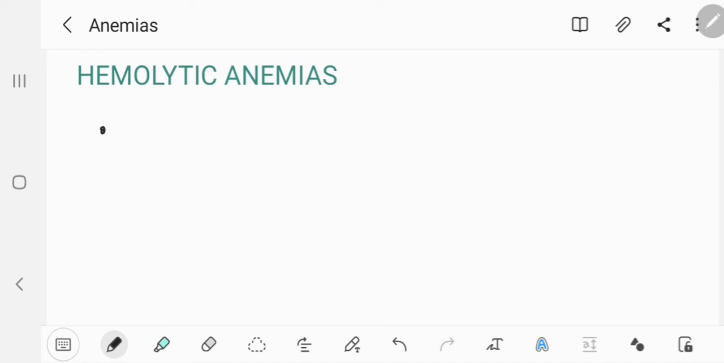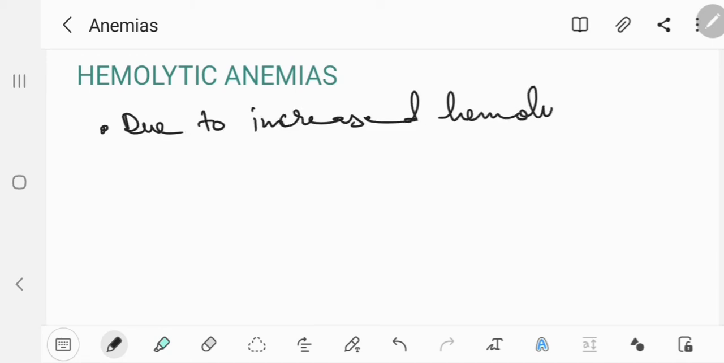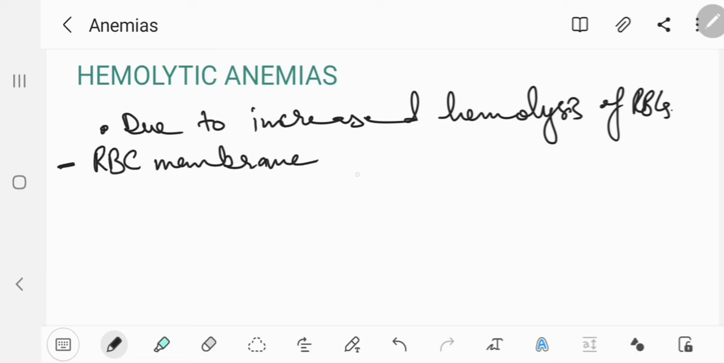Let's discuss hemolytic anemia. Hemolytic anemia is the anemia that is due to increased destruction of the RBCs, that is, increased hemolysis of the RBCs. Hemolysis of the RBCs takes place in the spleen, as has been taught to you before. The causes of this hemolysis can be due to the instability of the RBC membrane,